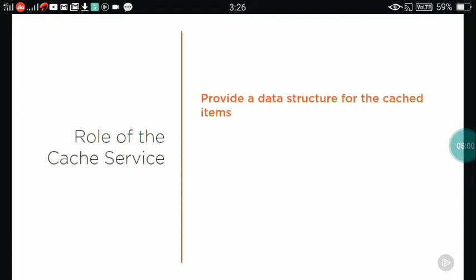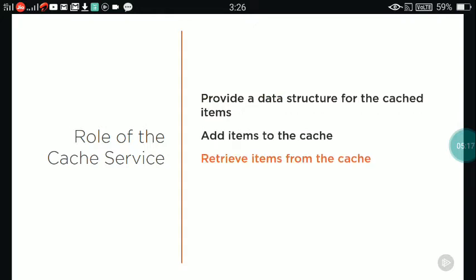Its primary job is to provide a data structure that can store the cached items. I'm going to store each cached item as a property on an object. The service also needs a very simple interface for interacting with the data structure. It needs a method that lets you add items to the cache, retrieve items from the cache, and remove items